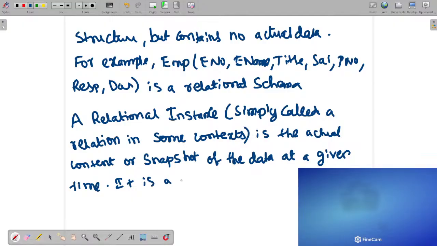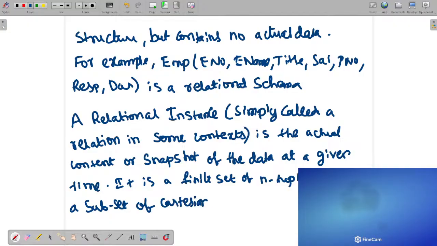It is a finite set of n tuples that is a subset of the Cartesian product of the domains of R's attributes. For the employee schema,